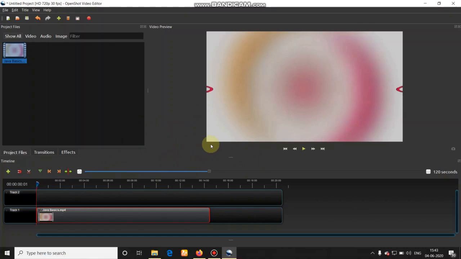We are using the spacebar of our keyboard for pausing and starting the video.